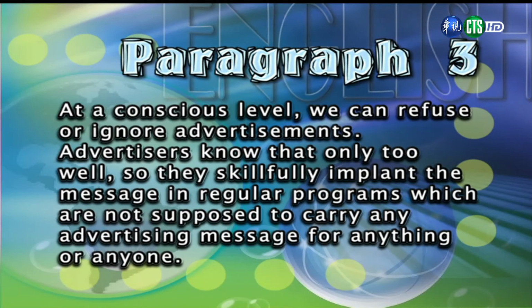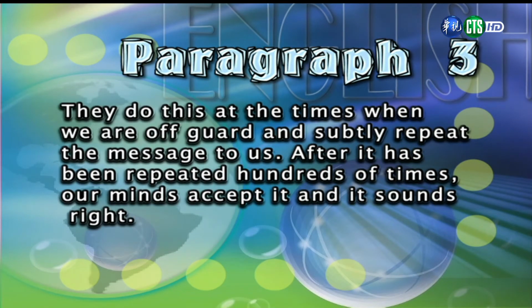At a conscious level, we can refuse or ignore advertisements. 我们意识到广告出现的时候呢，可以自觉地拒绝或者不理会它。 Advertisers know that only too well. 广告公司的人早就知道这一点了， So they skillfully implant the message in regular programs which are not supposed to carry any advertising message for anything or anyone. 所以呢，他们会很技巧地将广告植入在不应该出现广告的正常节目时段里面。